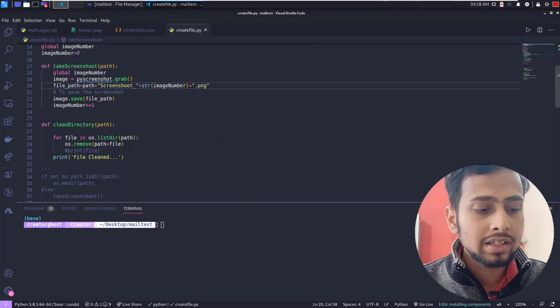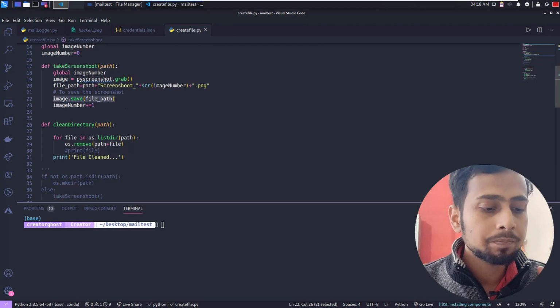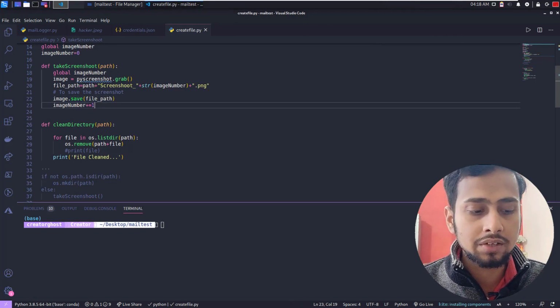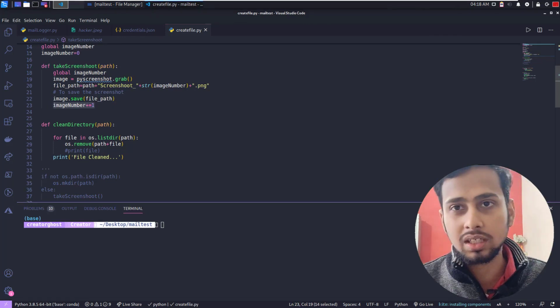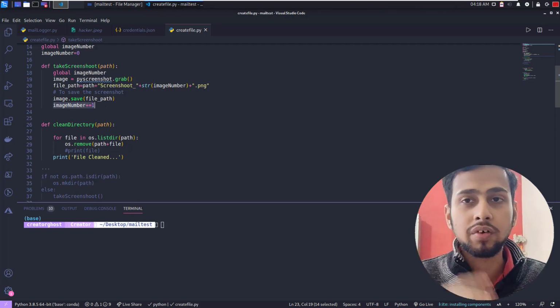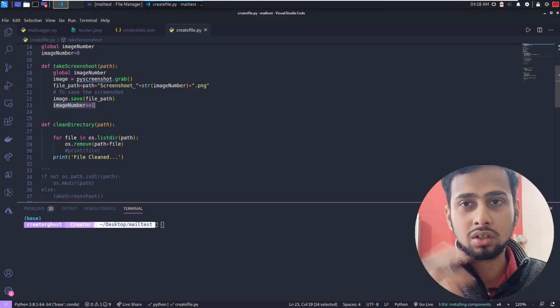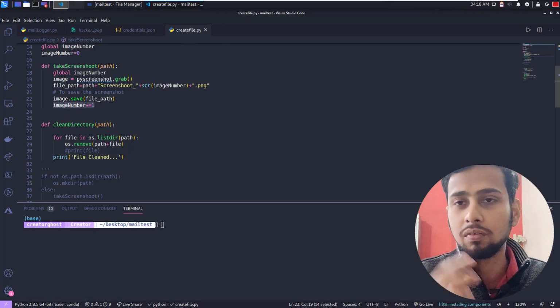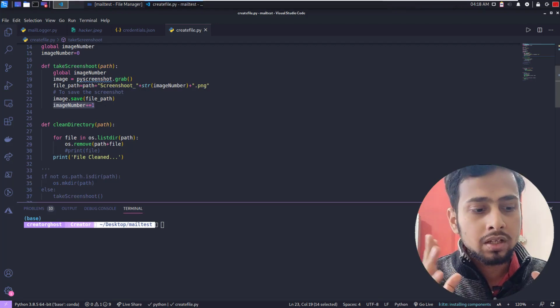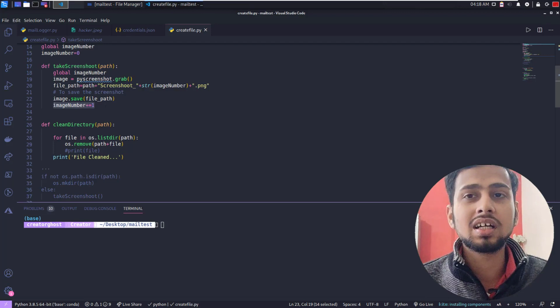Then here we are doing the actual saving. We are simply passing the file path and it is going to save there. And then we are incrementing our file number so that the next time an image comes, it is going to be labeled 1 greater than that. So first time it will be 0, next time it will be 1, 2, like screenshot 1, screenshot 2, screenshot 3, and it will go on and so forth. So this function is basically going to do that, and I hope that you understood this function clearly.